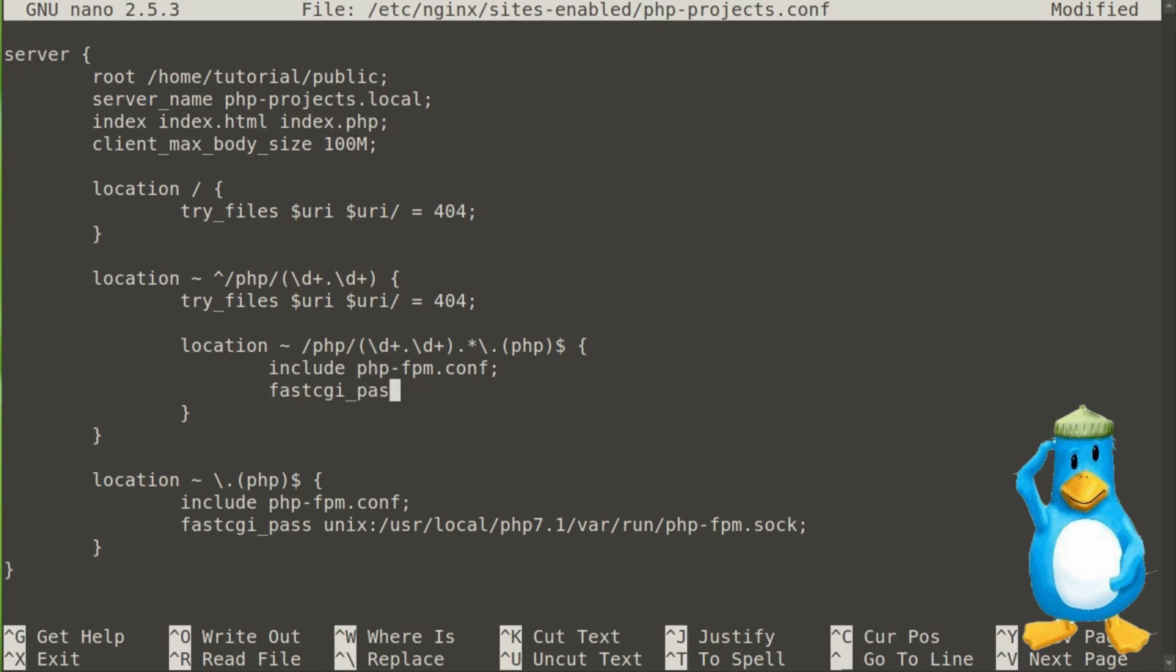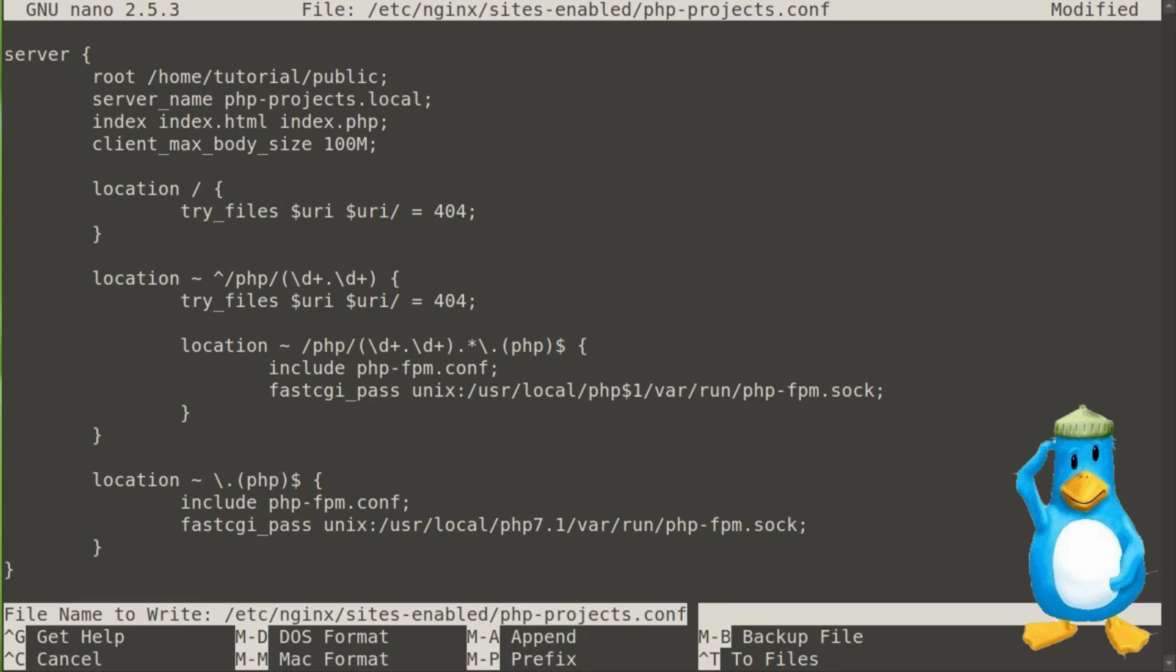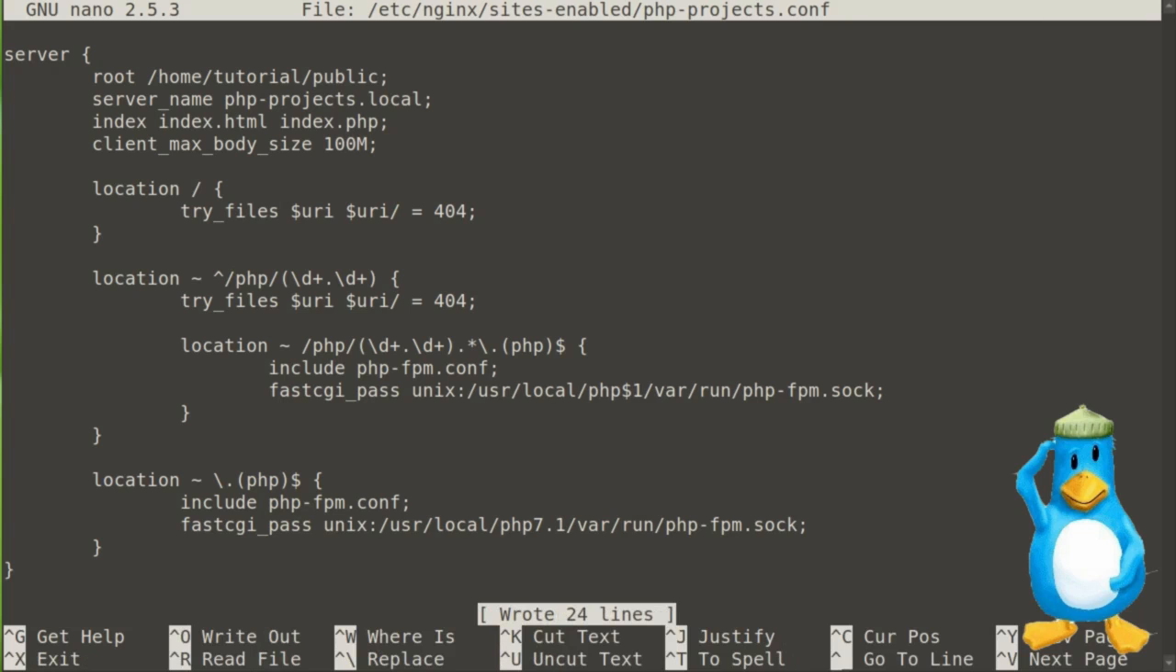So we say fastcgi_pass, and then we say we want the unix socket. I'm spelling that wrong again, and /, and that's in the usr/local, and they start with php, but we're now capturing the version number, so we say the string, which is the $1, because that's the first capture that we're looking for in our regex. And then we say /var/run/php-fpm.sock, and that's that for that configuration. We save that with Control-O, press enter, and Control-X to exit,